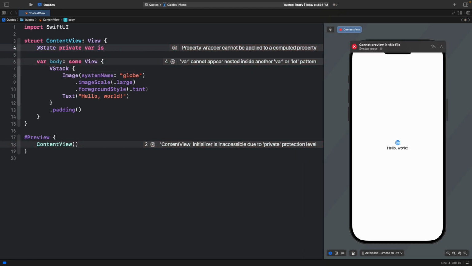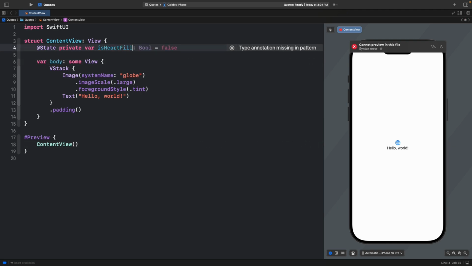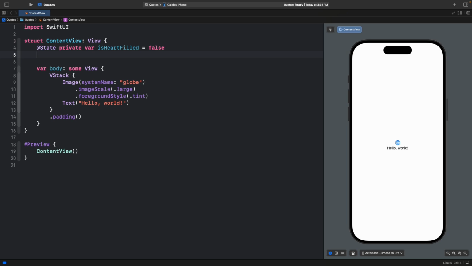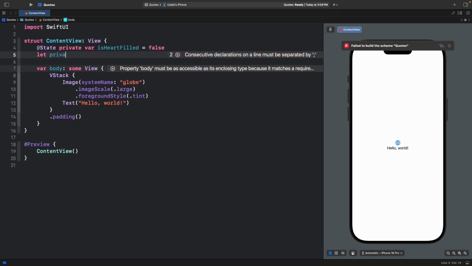It's going to be isHeartFilled, or maybe this could have been favorited. And we're going to tab to accept the new predictive code in Xcode 16, which is helpful. And then we're also going to create a quote that we want to actually share. So we're going to go let, in a real app, obviously this wouldn't be let, but oops, I have my private before